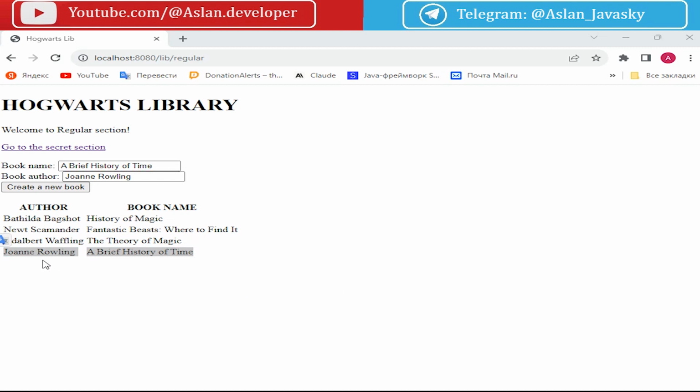We indicated the author incorrectly. So let's create another book. Harry Potter and the Prisoner of Azkaban, and instead of Joanne Rowling, we write Stephen Hawking. This is a mistake too. Our program needs the ability to edit the information about a book, and for editing the author of the book or the book name. For example, we can write